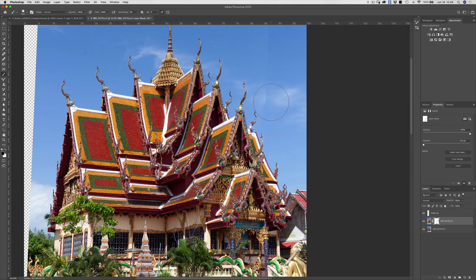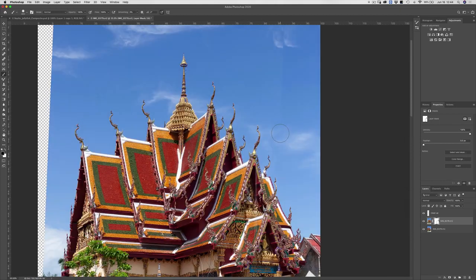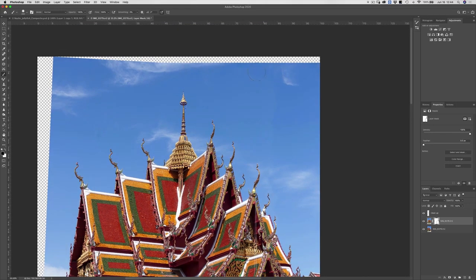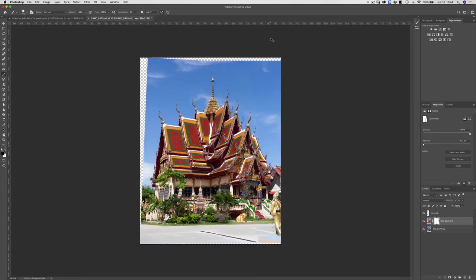And now with a nice soft big brush, I'm just going to soften the area where the two clouds meet. Just going to paint along this line and then get rid of any duplicative elements that I see in the sky with a nice soft brush. And then there we go.